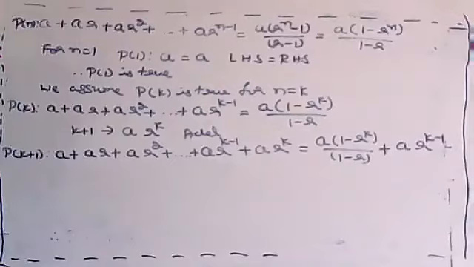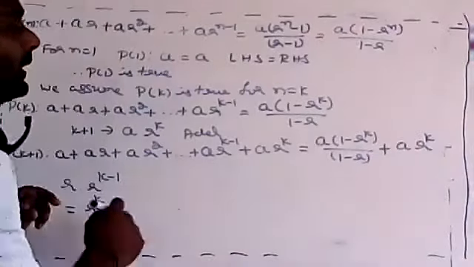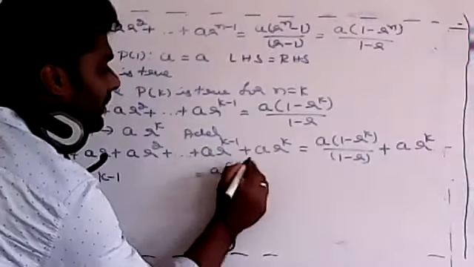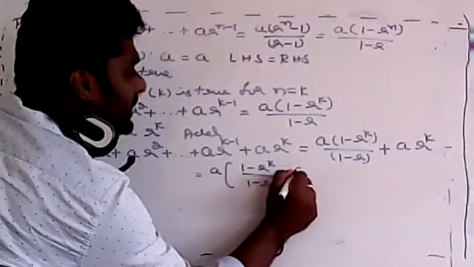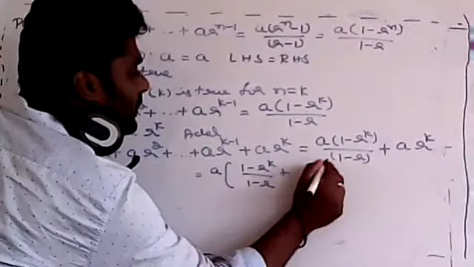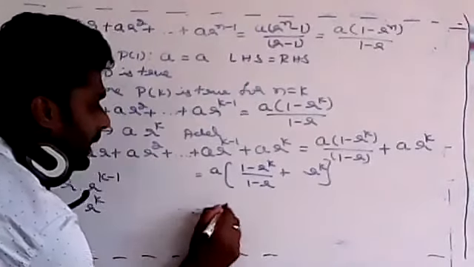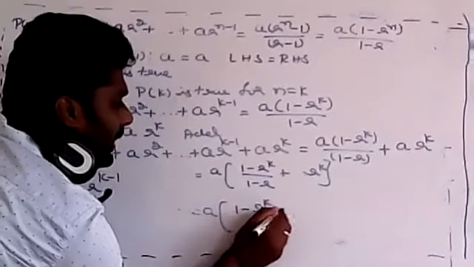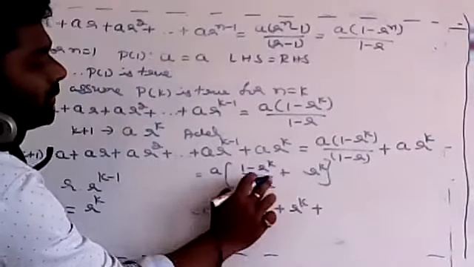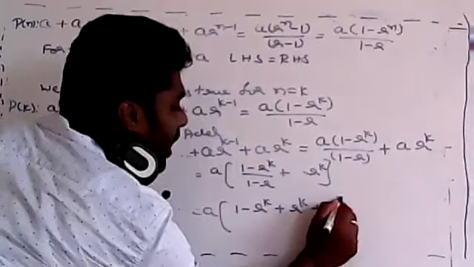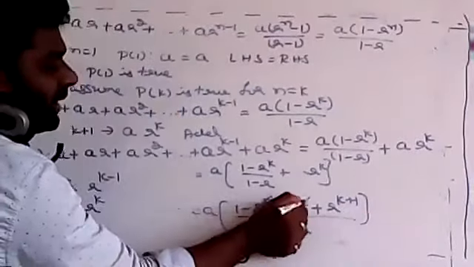Now we have to solve that one. How will we solve this one? See, in this, if I take A common, remaining is 1 minus R to the power of K divided by 1 minus R plus R to the power of K. Correct? Now, to take the LCM here, A into 1 minus R to the power of K plus, now you multiply this one, 1 into R to the power of K is R to the power of K, plus R to the power of 1 into R to the power of K is R to the power of K plus 1, divided by 1 minus R. Then R to the power of K, R to the power of K get cancelled.